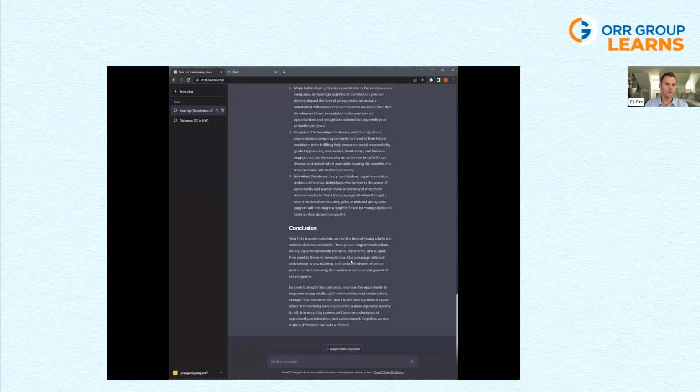A lot of this information they've made up and pulled from different areas, things on the web. Like Akita, I presume at a high level, this is about right. However, when you get down to the nitty gritty, a lot of this is made up and you have to edit yourself. You'll have to put where your programmatic pillars are, what your impact is, what the revenue from each dollar goes to each of these pillars. There's a lot more to do. However, it's very helpful for a point one start, right? And getting you just